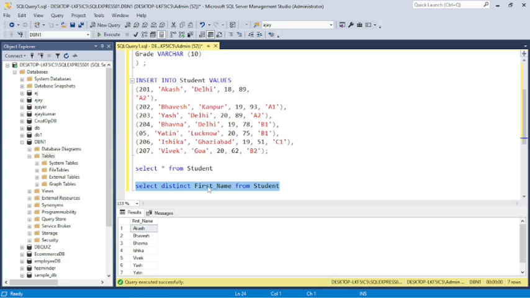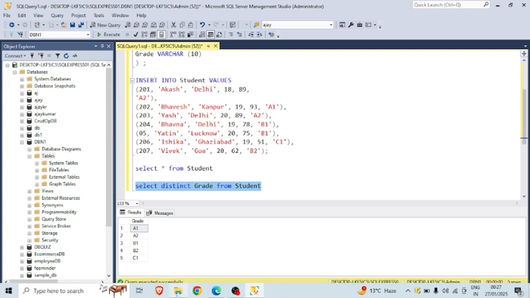And we can also show the grade: the distinct rows according to grade.